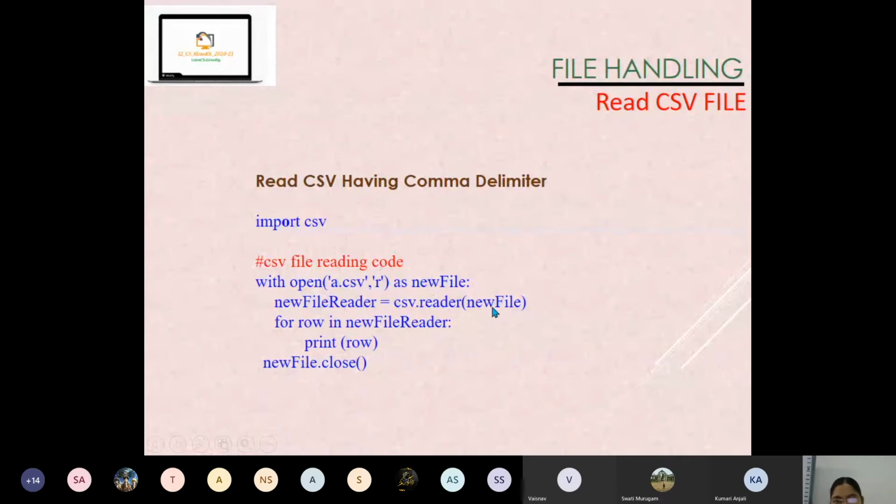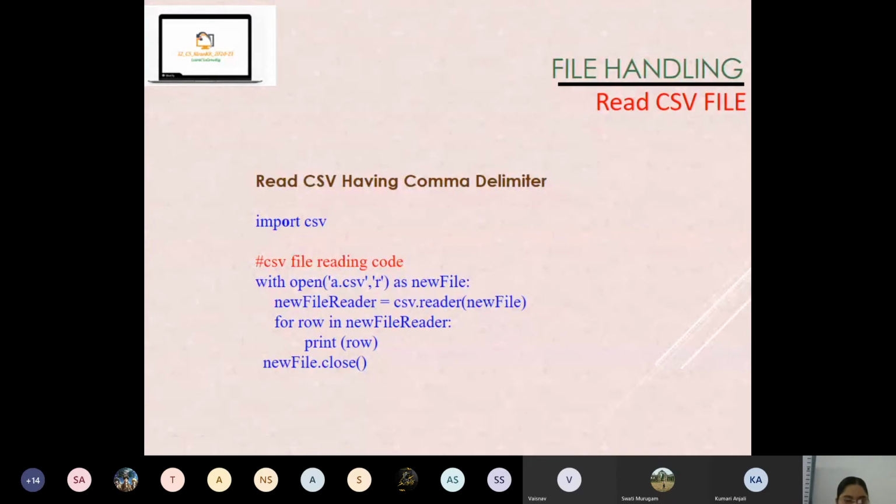That new file is passed here, and it will give you an iterable object, new file reader, an IO wrapper object. Now we can traverse through it using a loop. So for row in new file reader, print row, and then close that file. Got it, children? Now let me execute and show you how it works.